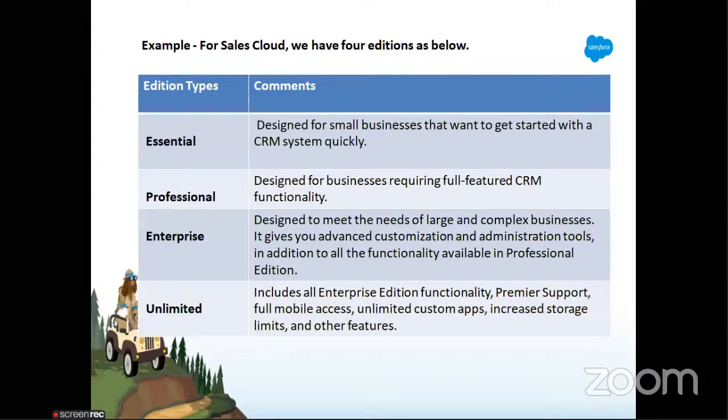So we can say we have Essential, Professional, Enterprise, and Unlimited edition. Every edition has its own features. If we talk about Essential, it is designed for small business, right? If we talk about Professional, that is designed for business requiring full-blown CRM functionality, right? If we talk about Enterprise, Enterprise basically contains your Professional as well as, you can say,